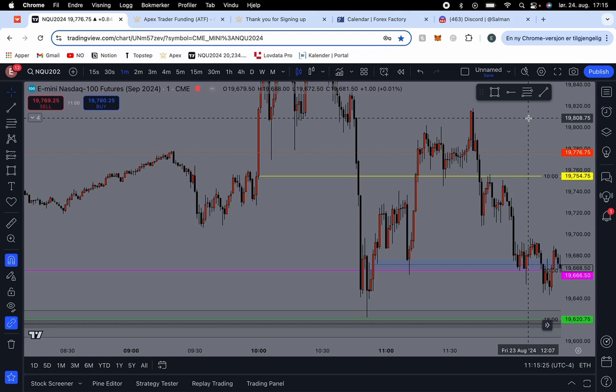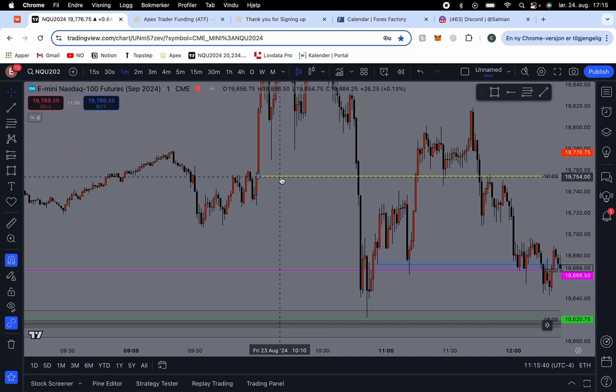So this is one of the first things that I do when I log onto the chart. I mark these levels, especially the 1800 and the midnight open. Obviously, the 10 a.m. comes later. I log onto the charts like 9 a.m., so I gotta wait for this one. But yeah, anyways,